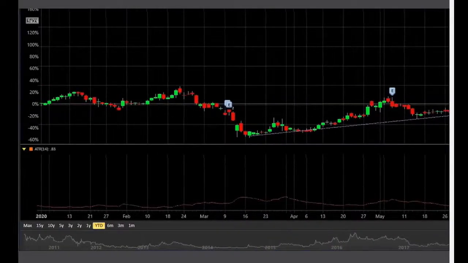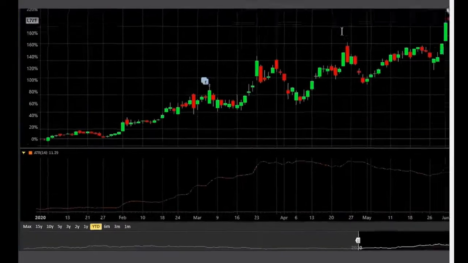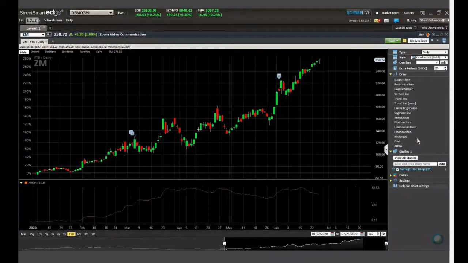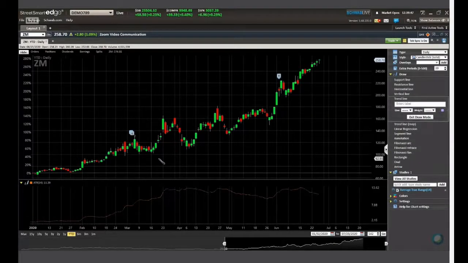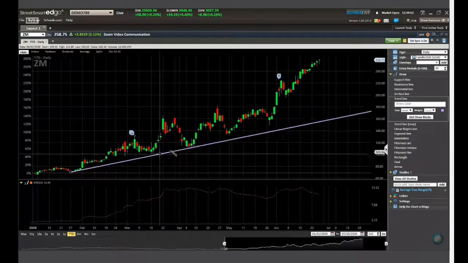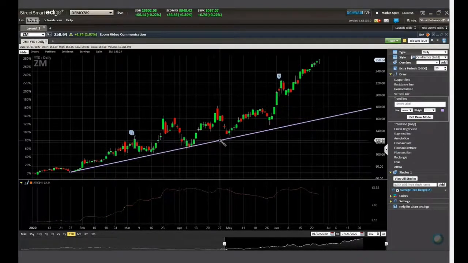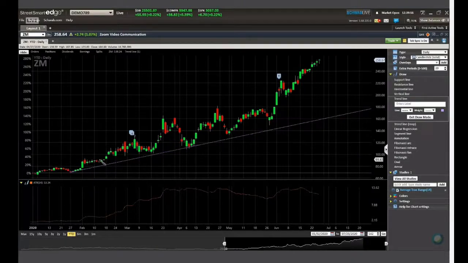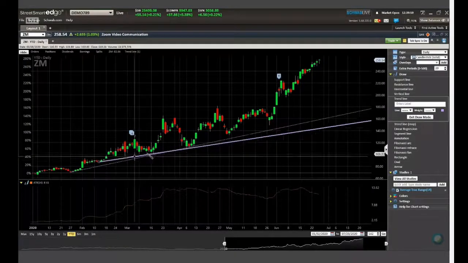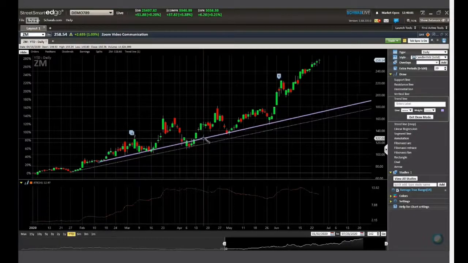Okay. Let's look at something like a Zoom, since we brought that one up, and that's a topic of conversation. Where are we going? We're doing our trend line right there, here, or here. Or, you know what? Let's try this one. Let's see what this can grab. There's one right there. Not that great. So let's try going from here. More times it hits, the stronger it's said to be. And I think I like this one.